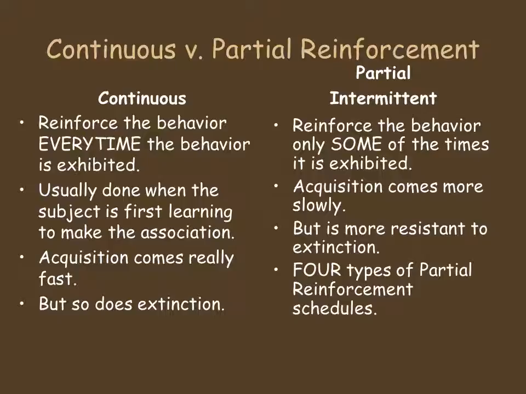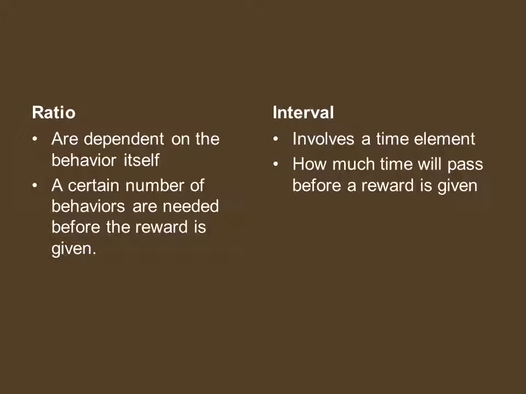So it doesn't go extinct as early, because you don't know when you're going to get the points. So your behavior increases gradually over time, and it's less willing to resist. There are 4 different types of partial reinforcement schedules, which we will take a look at. The partial schedule can be done in two ways. You could either do it based on the ratio. You're going to reward them based upon a certain amount. Or you're going to reward them based on the time in which they exhibit it.